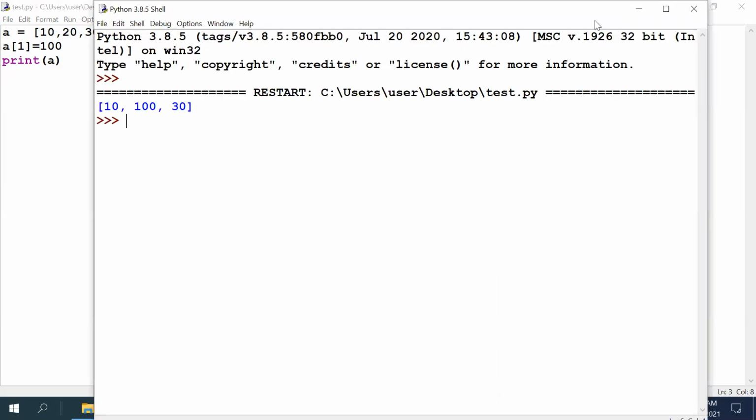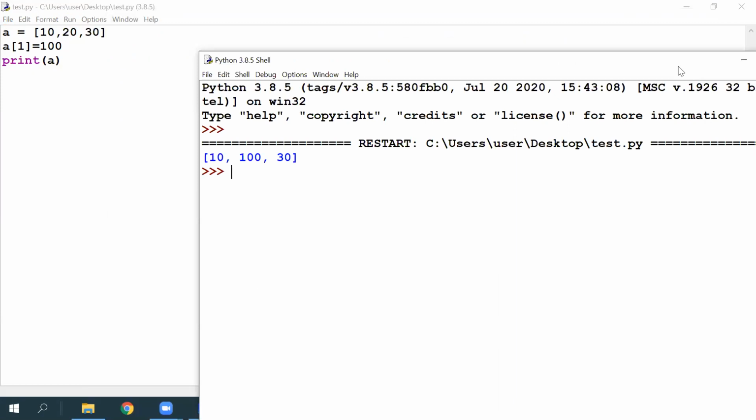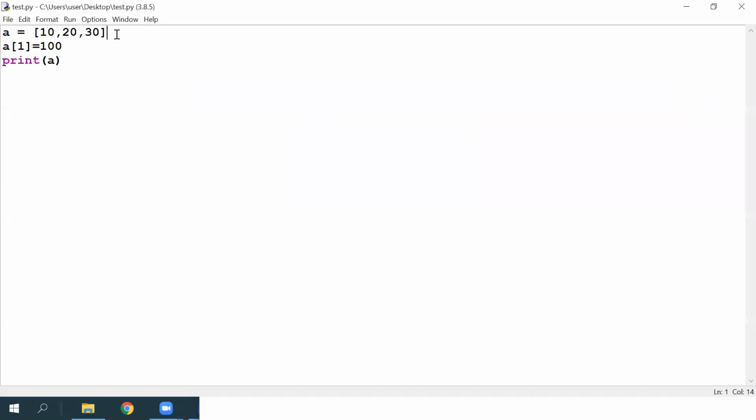Right. So as you can see, I initially give it 10, 20, 30. Then A[1] is asked to be 100, then print A, so it will give 10, 100, 30. So A[1] means the first index of the list. So the 10 has the 0th index, 20 has the index as 1, 30 has the index as 2. Right? So I was asking to change the value of 20 and replace it by 100. So it works, right? But I can't do the same